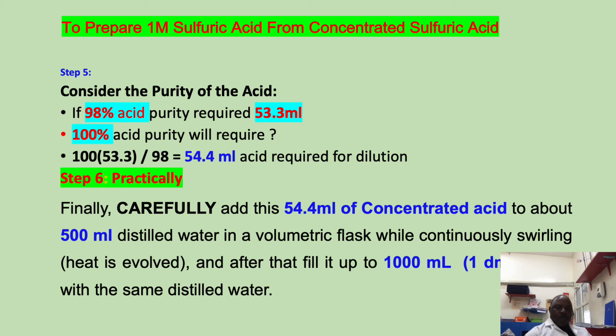Note, we have to add acid on water, not water on acid. The reason is this: acid is more dense than water. When we put it into water, the molecules of the acid will diffuse into the water molecules, and the reaction will be normal. Should the water, which is less dense than acid, be added onto the acid,